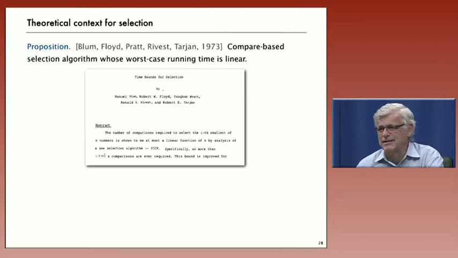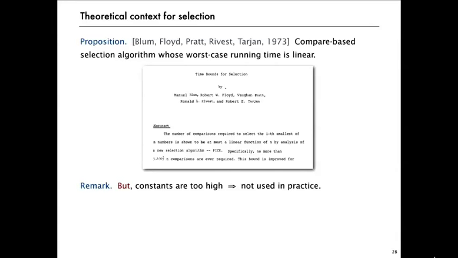And in 1973, there's a famous paper that found a compare-based selection algorithm that guarantees to solve the problem in linear time. This was a real landmark in the theory of algorithms because for a long time it was not known. We knew we could have the average case be linear time, but could we find a worst case? And this paper found such a construction. Now, in practice, the constant in this construction is rather high, so the method's not really used in practice, and so there is still the goal of a